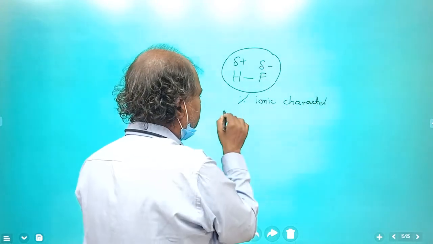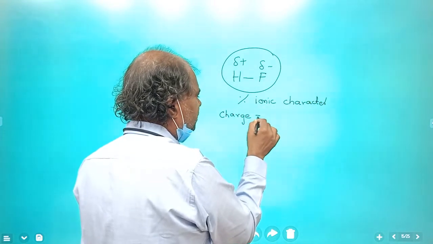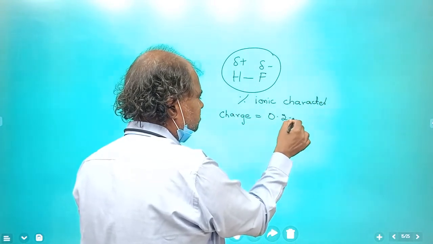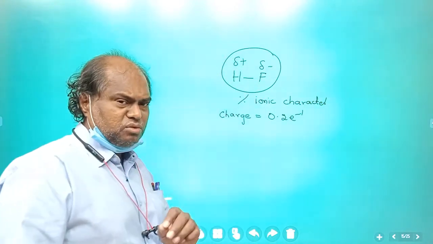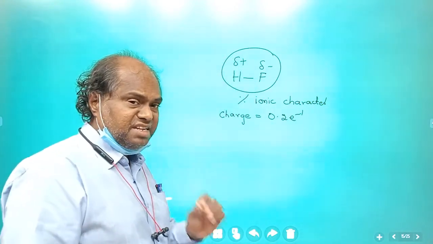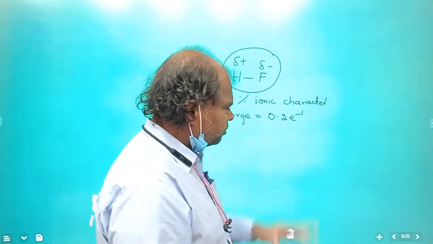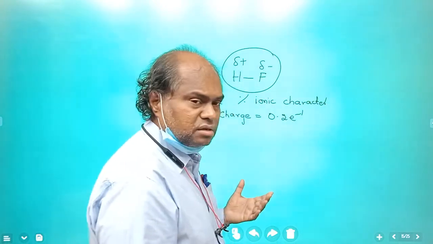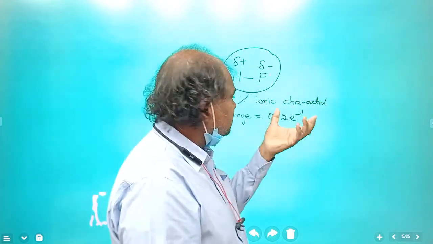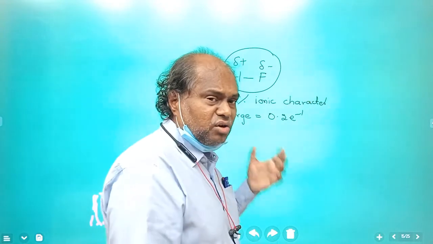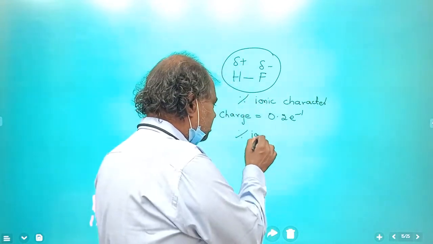Suppose I say the charge is 0.2 times of the electron. Electron, remember, has a charge of 1.6 into 10 to the power minus 19. That's a basic charge. So 0.2 times of that. Clear? Then what is the percentage ionic? That means how ionic is this bond? You have done this in theory, right? How ionic? So in that case, your percentage ionic character will come out to be